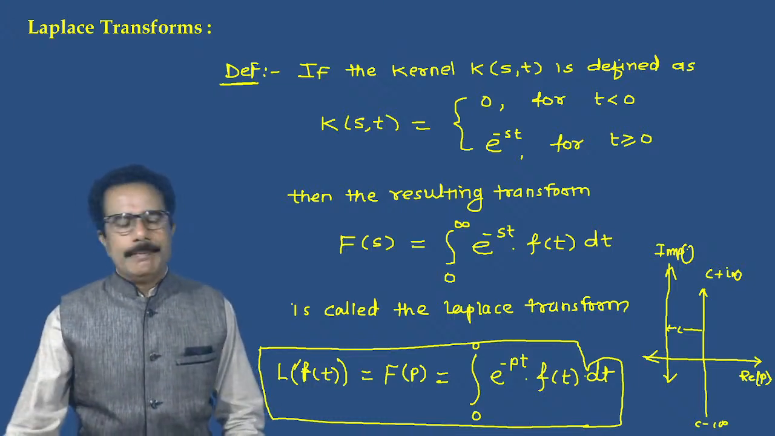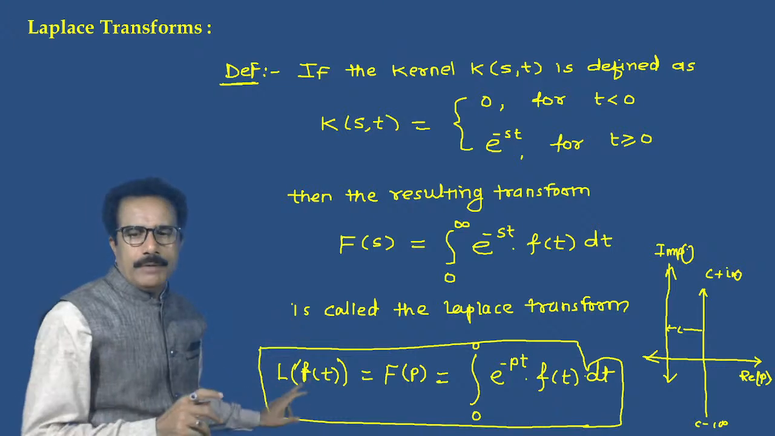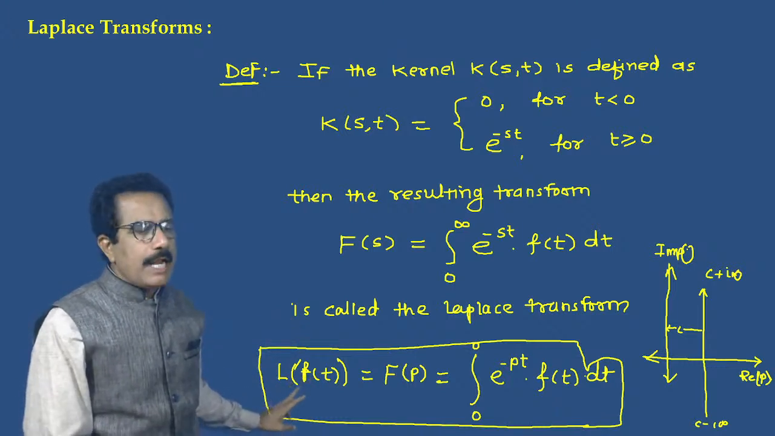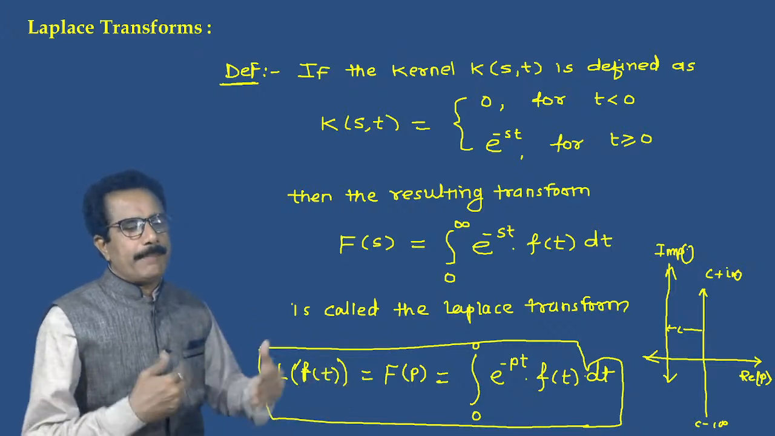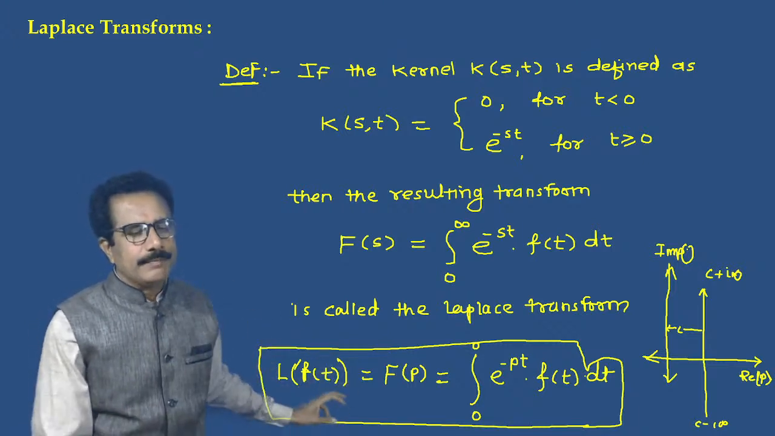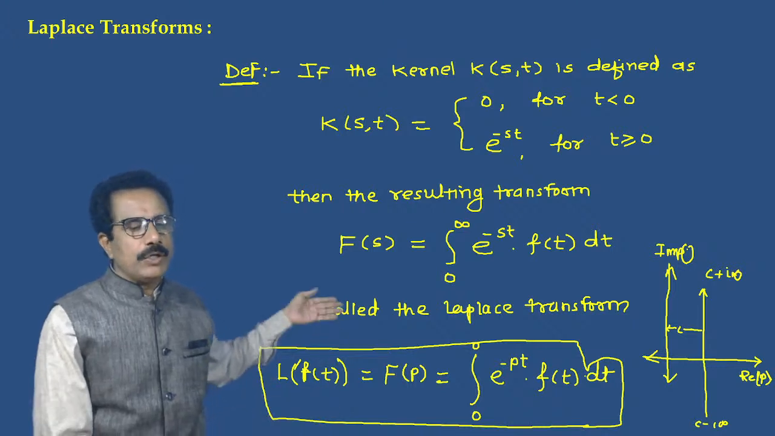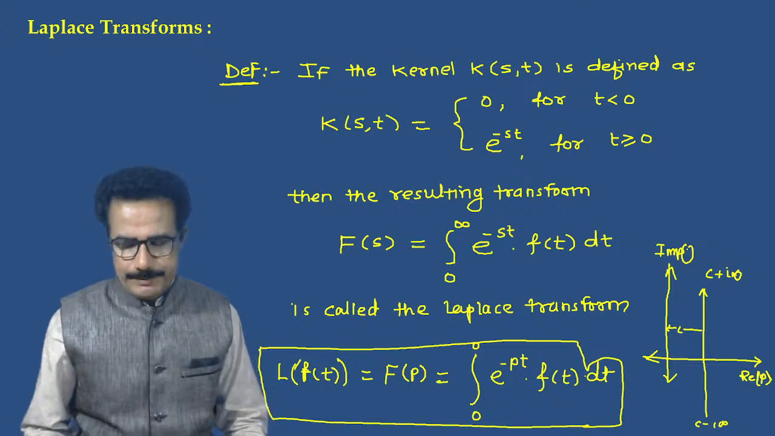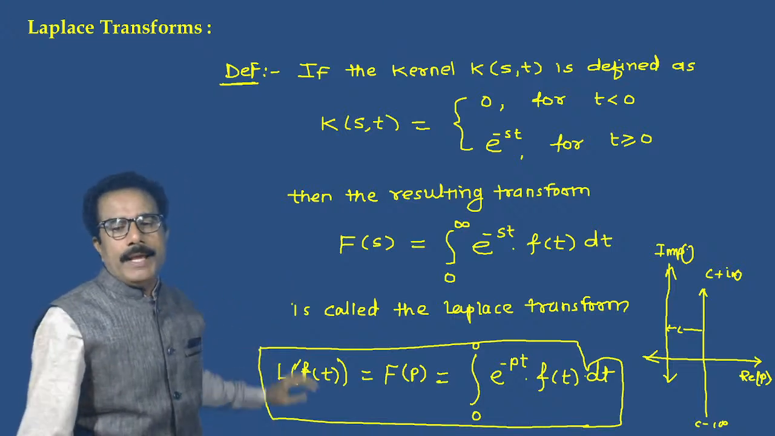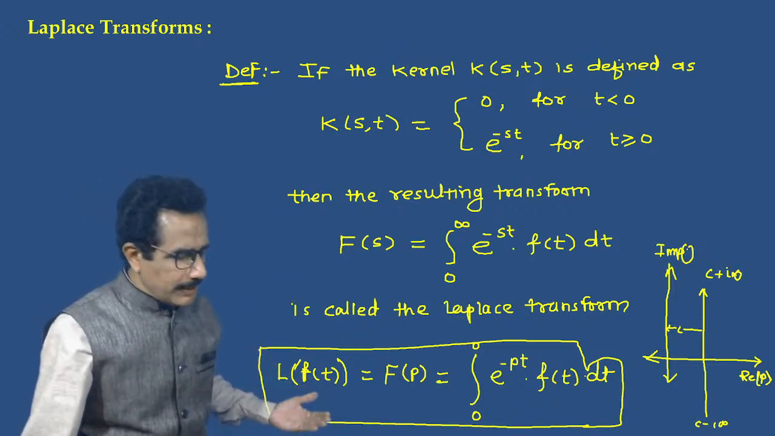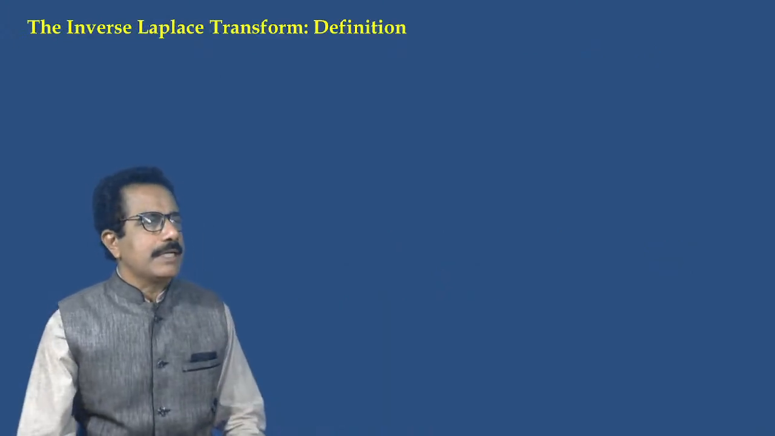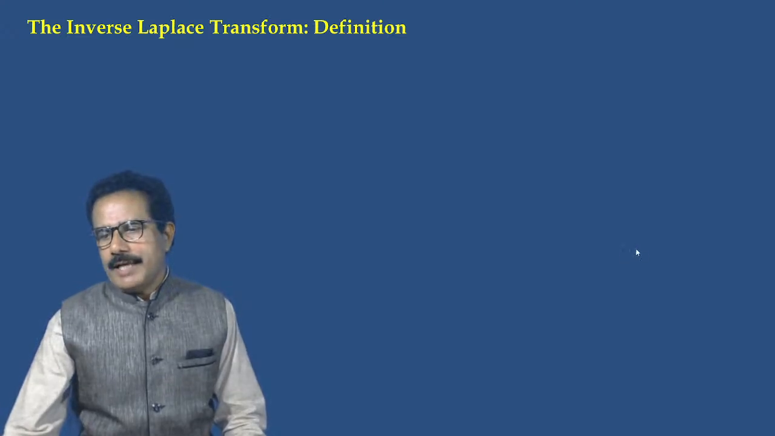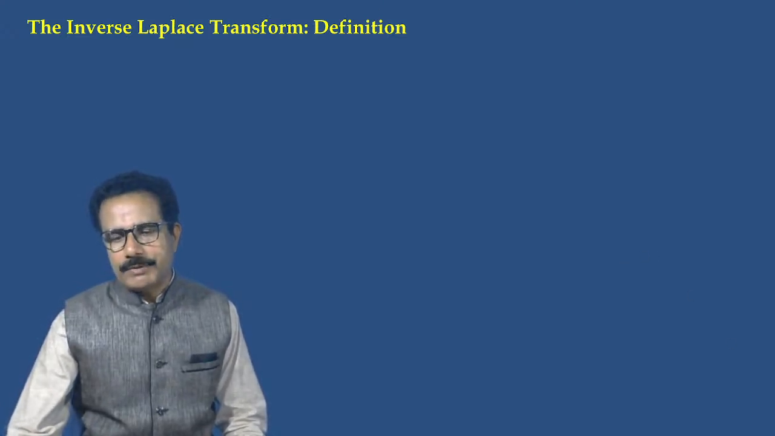Basically you must know the definition of the Laplace transform: L of f of t is equal to capital F of p, and we can define it as the integral from 0 to infinity of e raised to minus pt times f of t dt. Now by using this Laplace transformation it is possible to find out the inverse Laplace transformation. So first of all I shall write the definition of the